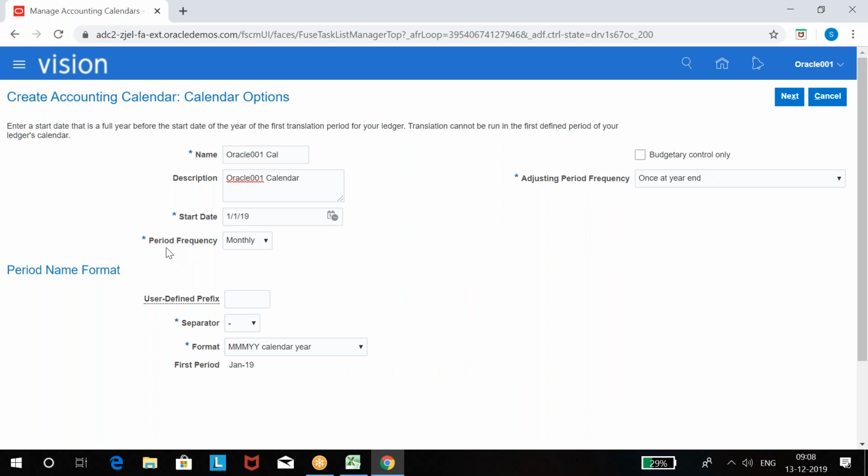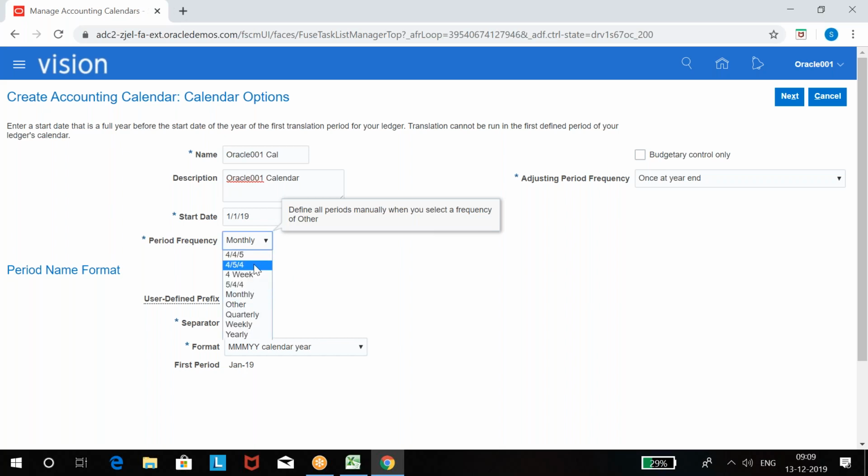And how frequently you want periods. In a year you have periods, right? So how many periods you want and how frequently. I want month as a period. You can go with quarter as a period or weeks as a period also: 4 week as a period, quarter as a period, weekly as a period. You have different options, but 99% of companies follow month as a period. That's why they say month-end process, month closing process. That's why you also get salaries every month, right? So my cycle in the calendar is month as a closing, and then year closing, and quarter closing also will be there.